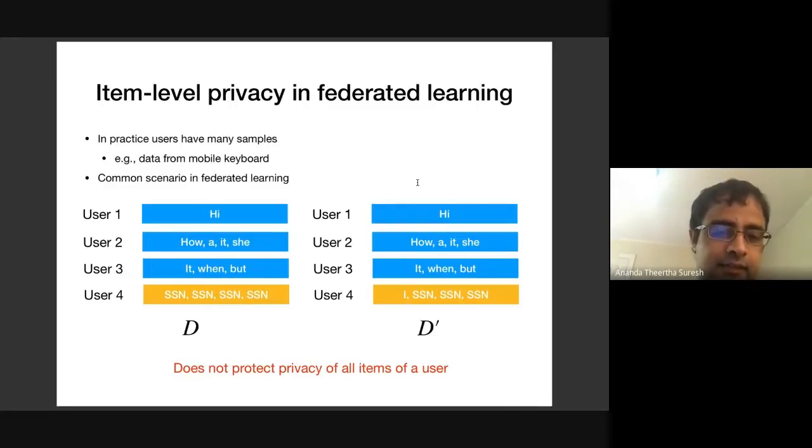In this case, if you directly use the item level privacy definition, then the two data sets written here, D and D prime, are neighbors because they differ by one item of user 4. However, notice that since user 4 uses the same word many, many times, even though it offers item level privacy, the bounds are a bit vacuous because you're not protecting the overall privacy of a single user, but you just care about the entry of a single word.